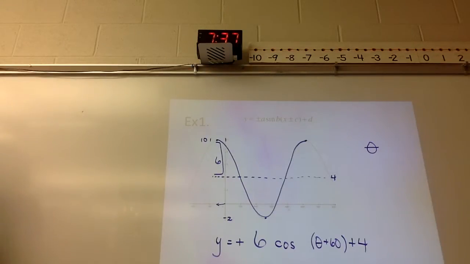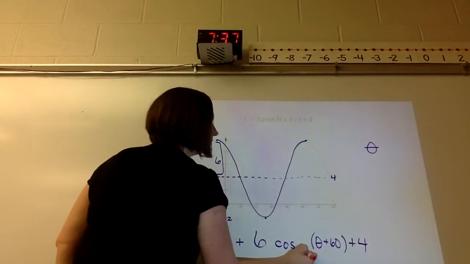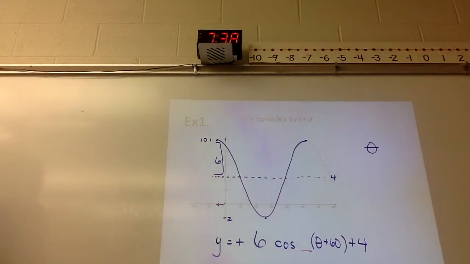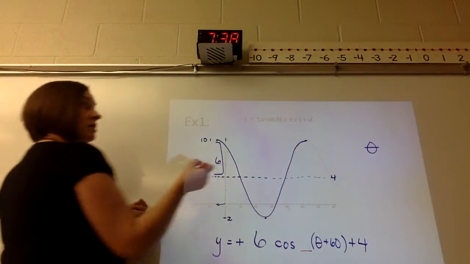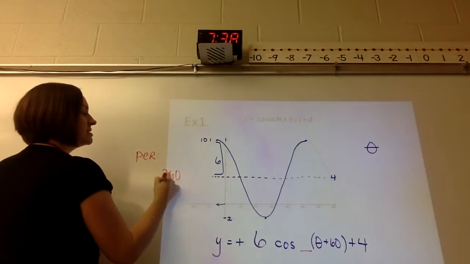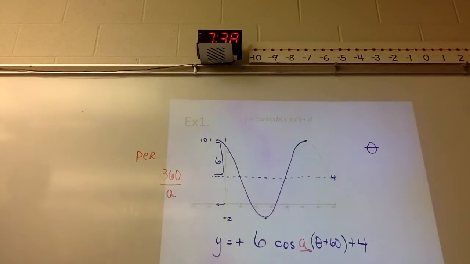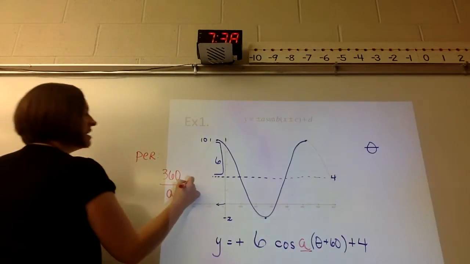And now the hardest part, and this is the part that I would recommend going back, studying, reviewing, especially before the test, is determining the period. Remember, the period is going to be the coefficient of the quantity. What is the normal period of cosine? How wide is it normally? 2 pi, or in degrees, 360. So my period normally is 360 degrees. I'm going to divide it by A. So we're going to pretend that that's the A value. I'm going to solve a quick equation here. That is going to equal,